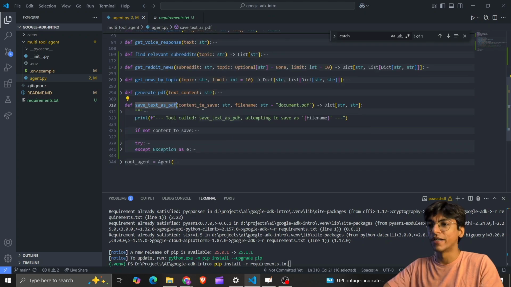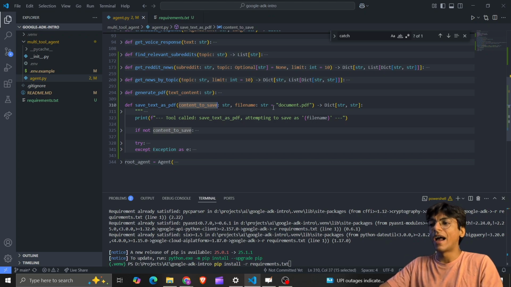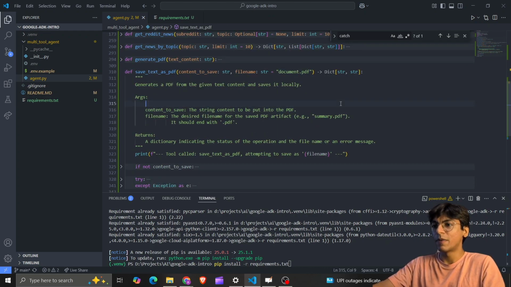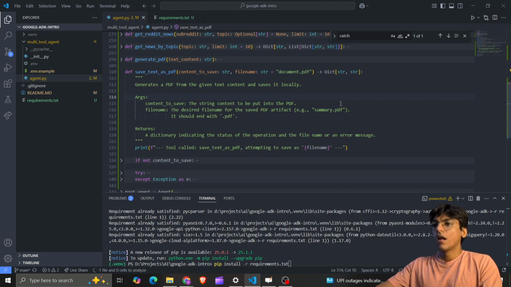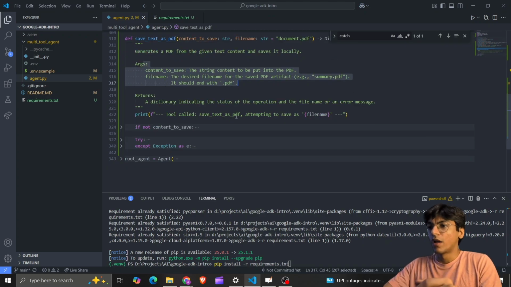I'll start with save text as PDF for now. So our content to save will be given by the LLM, by the AI agent, and the file name, which can be input by us or determined by the AI agent itself. That is basically what is taken as an input. We can ignore this tool context part. This is what we have over here. And it will simply return whether the operation was successful, and it will give some statement as an output